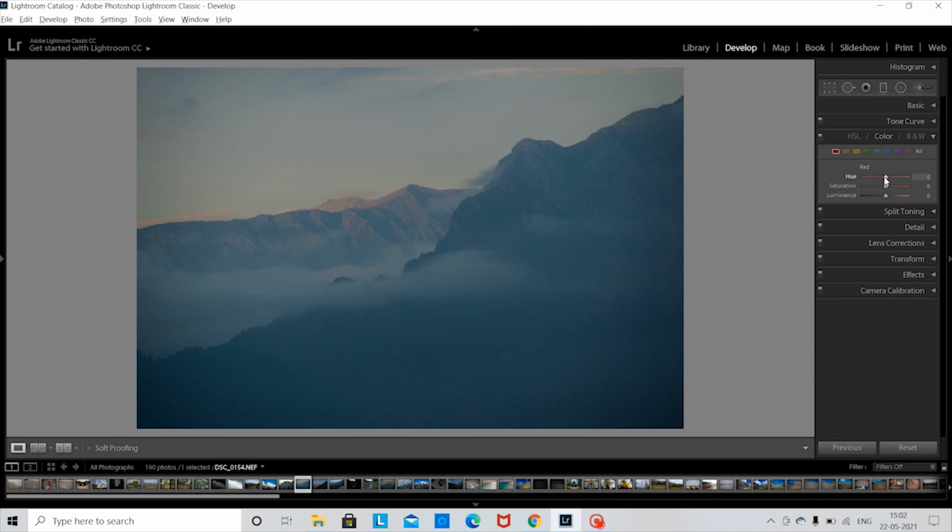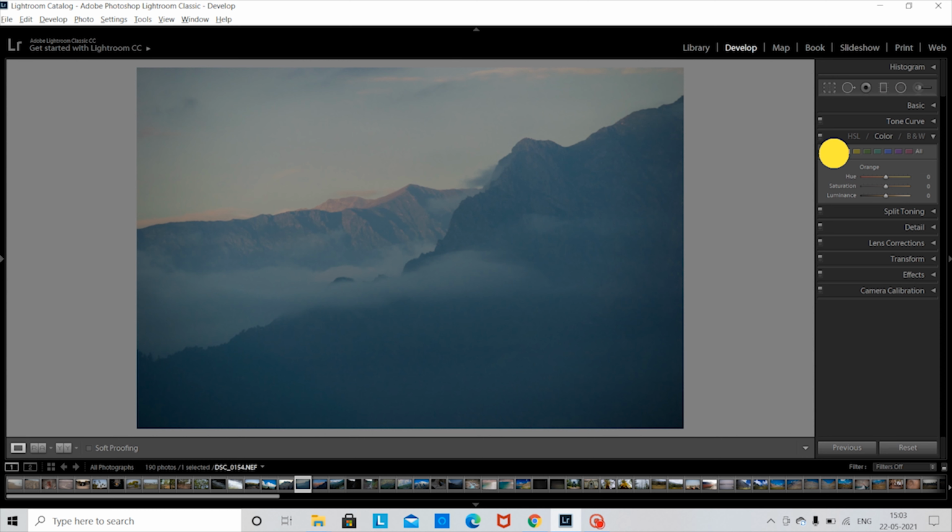Now let me explain what hue is. Hue is the tone of the color in the photograph. For example, if blue is a major tone in the picture, then you will have different palettes of the same blue over here. You can have a lighter blue side or a darker purplish side. Moving on to saturation, it decides how colorful you want a particular color to be. For example, if you have blue, you can either make it too colorful or make it less colorful. The left hand side of the saturation bar makes the photograph black and white, and luminance decides how bright the color should be. So let's start the editing process color wise.